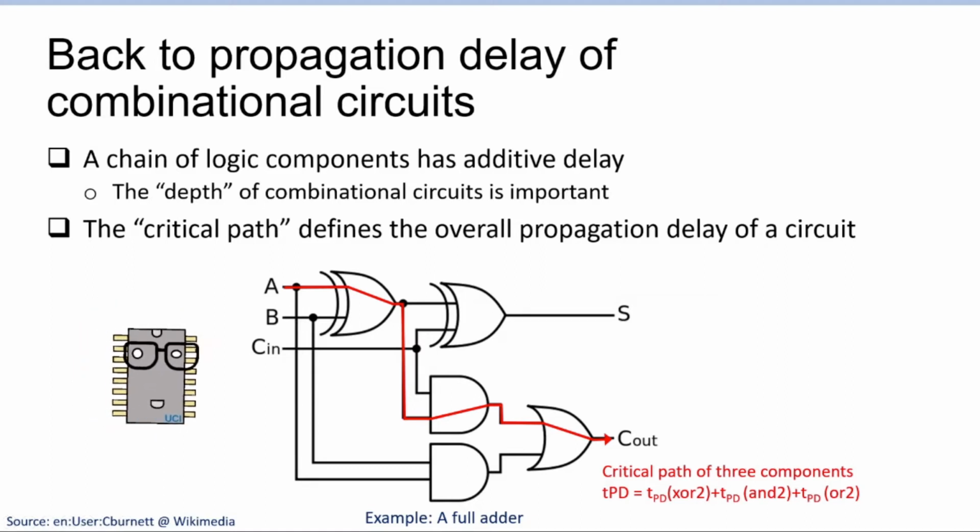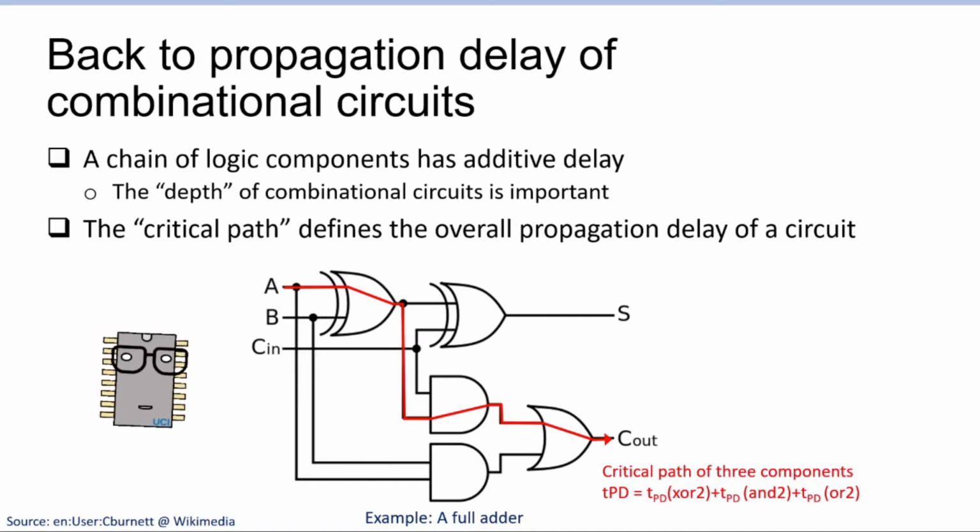Among the multiple paths that signals can travel through, the critical path defines the maximum overall propagation delay through this circuit. For example, in this circuit, the longest path any of the input signals can go through to reach the output is through this red highlighted path. And the overall delay of this path is the additive delay between a 2-input XOR gate, a 2-input AND gate, and a